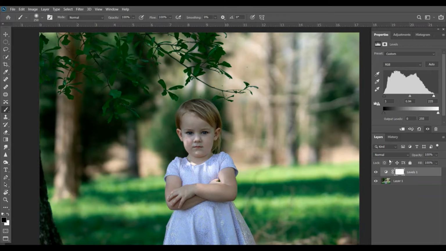So that looks pretty good to me. So I have just fixed my histogram. Now you see what it does is it allows you to have that rich creaminess to where you're just not having such a flat image. Now, the next thing that you can do with levels is you can